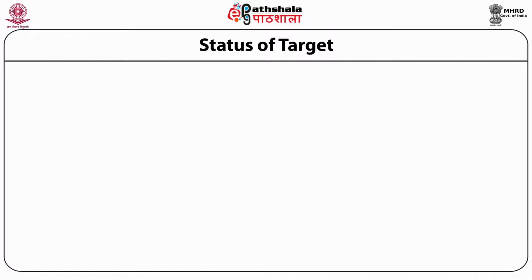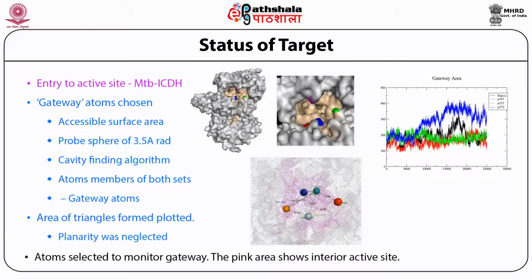Here I am showing you that analysis of the active site is very important to identify. So we first started looking at MTB ICDH. For an obvious reason, we need to address two issues. One, which serine should be phosphorylated so that we can break that interaction. To identify that, we ran a lot of other software and got many serines to be known.